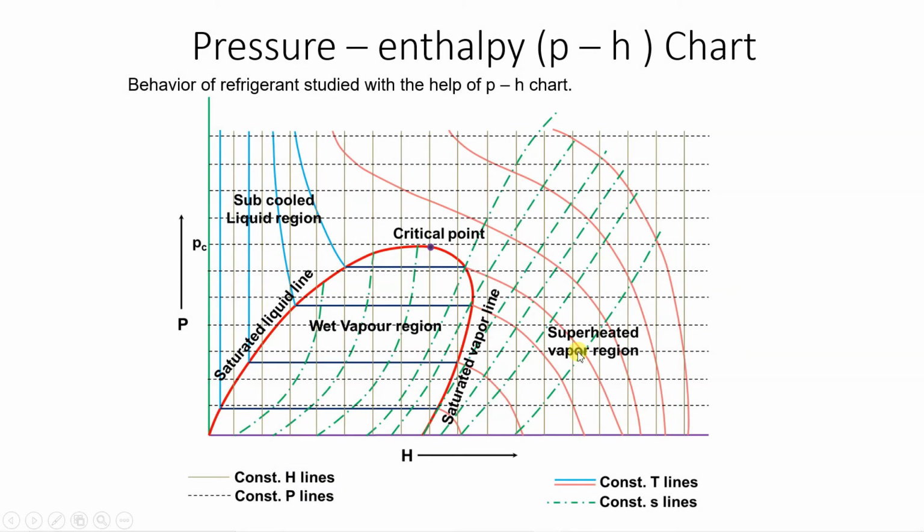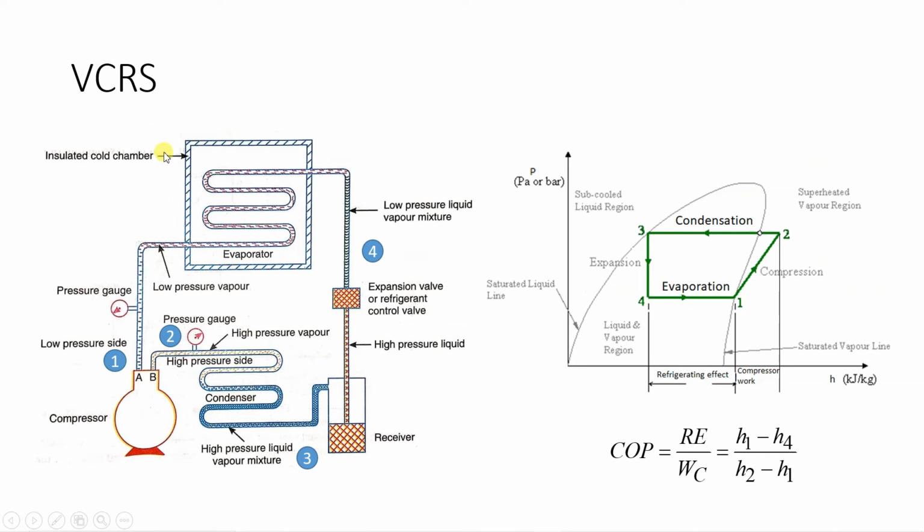Now after going through the chart, we will see what the vapor compression refrigeration system is. So we'll see what this vapor compression refrigeration cycle is. If you see applications like window AC, your refrigerator, and other systems as well, in most of the systems you will find the vapor compression refrigeration cycle. So understand the cycle first. There are 4 components. The compressor is there, the second component is the condenser, the third is the expansion device, and the fourth one is the evaporator.